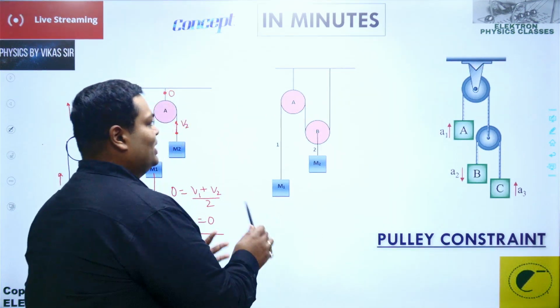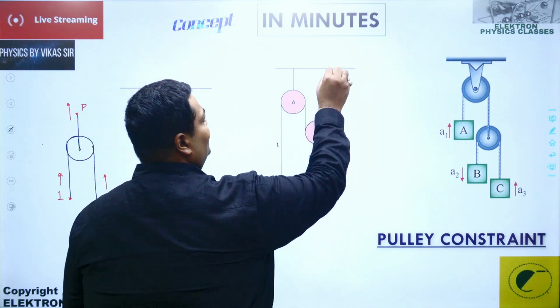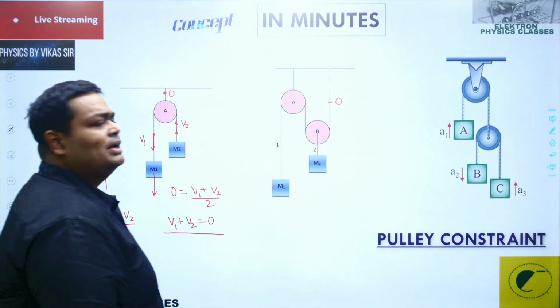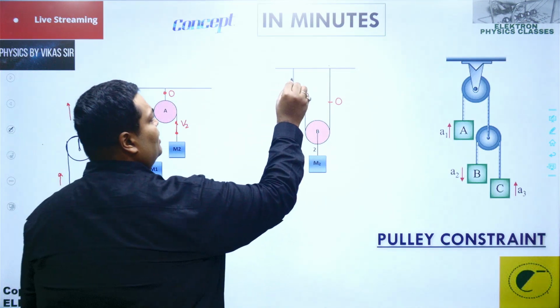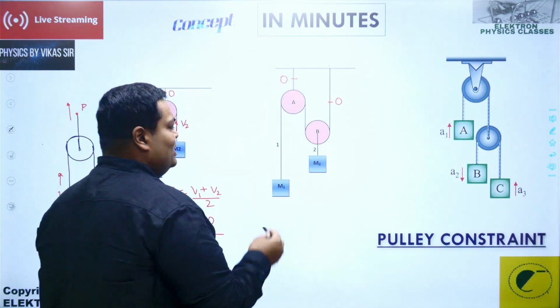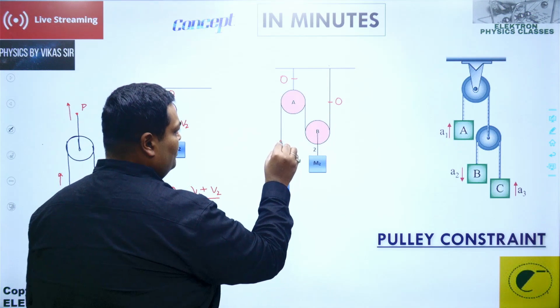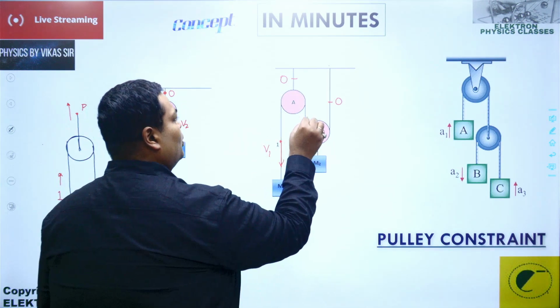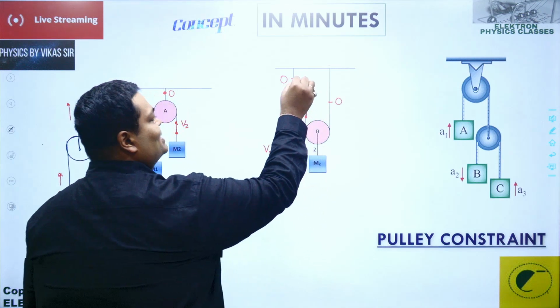So let me check it out. Now see, this particular point is fixed, so it has 0 speed because the point isn't moving. Similarly, this particular point isn't moving, it has 0 speed. Assume that this point moves down. So as it moves down, this has a speed, let's say v1. So this point should be moving up because this point is in a state of rest.